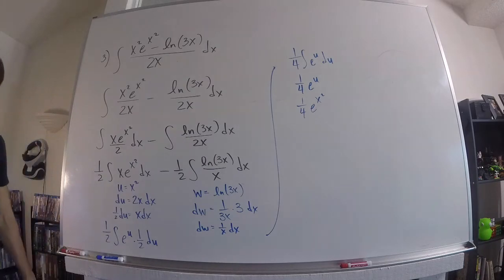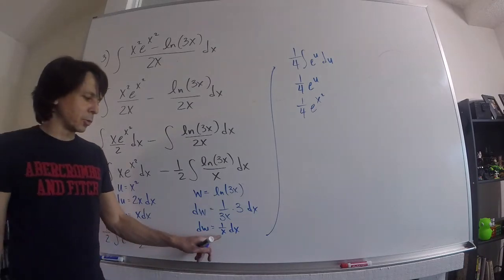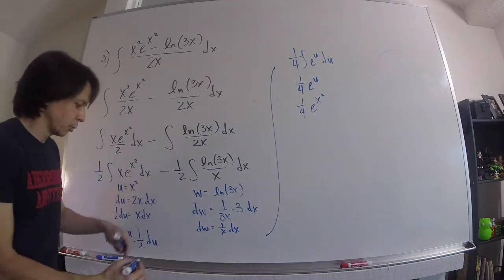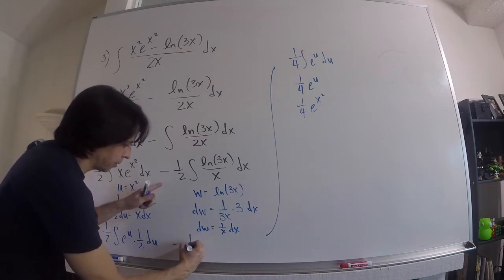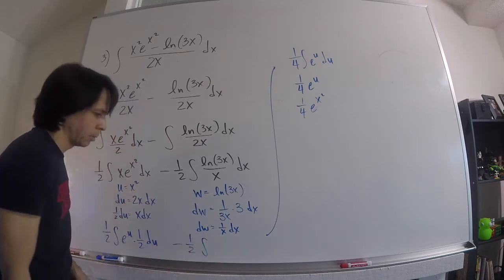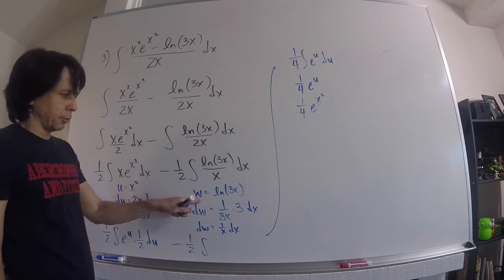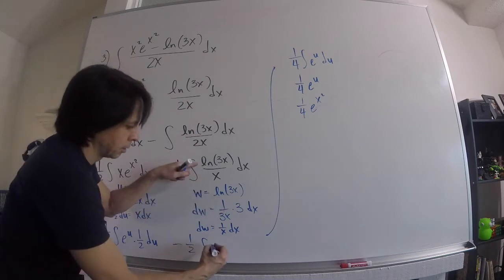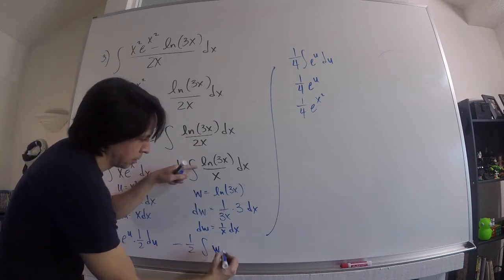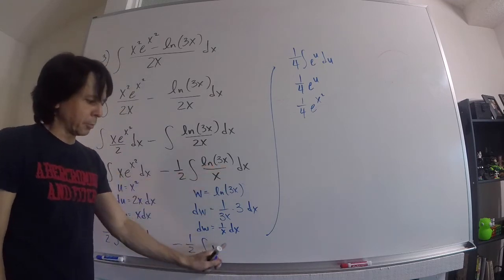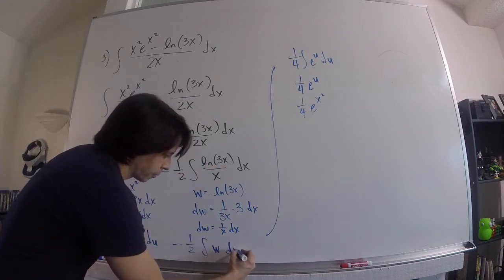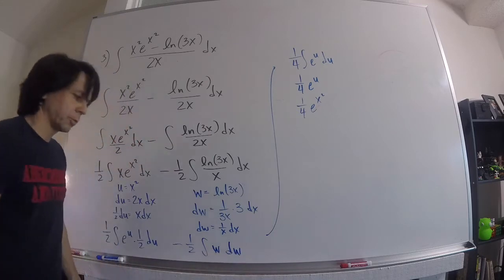The 3's cancel, and I get dw is equal to 1 over x dx. And what I'm going to do is rewrite this as minus 1/2 integral. My w is right there. The 1 over x dx becomes dw, and that's my integral rewritten in terms of w, and that's going to